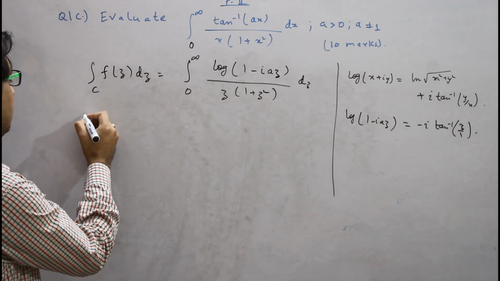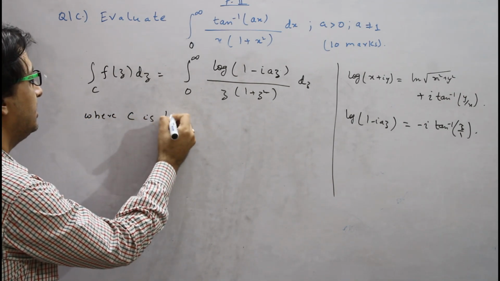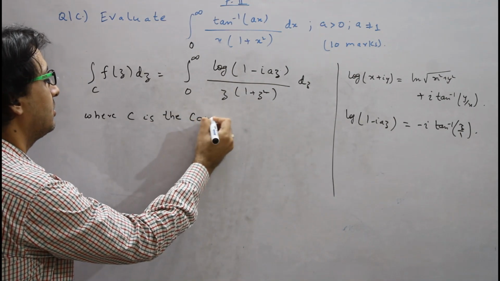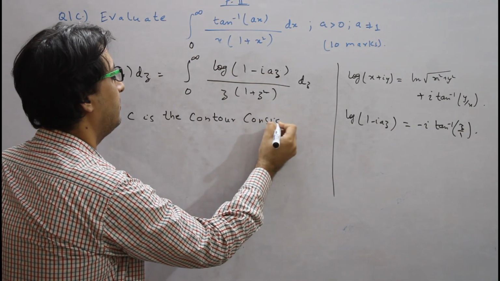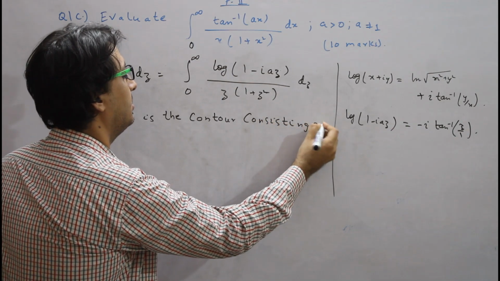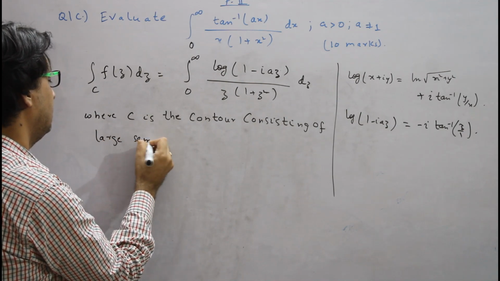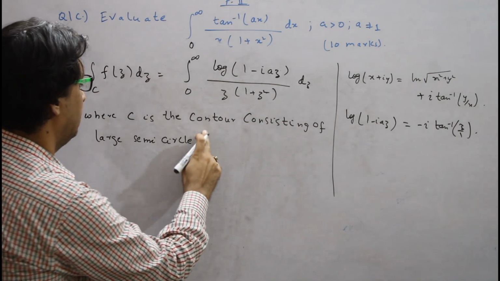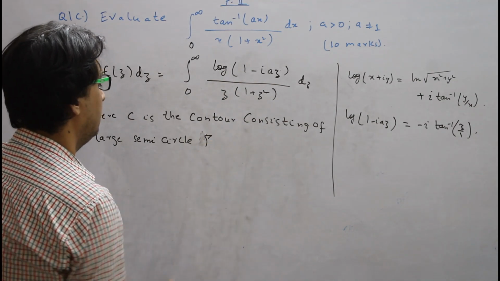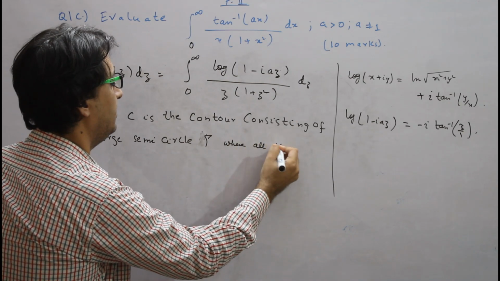So here, C is the contour consisting of a large semicircle, where we are taking a notation that all the poles of the integrand